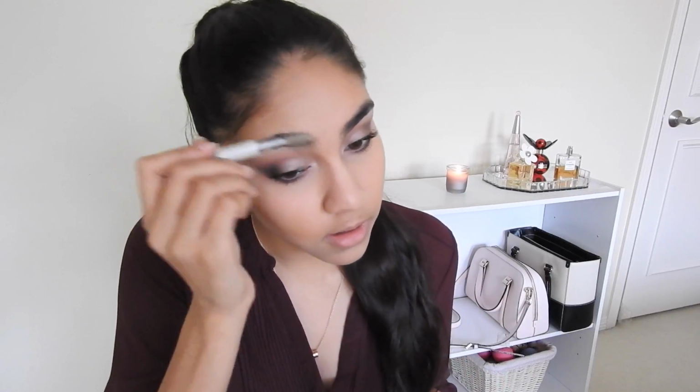Okay, so now my eyes are completely done. I'm just gonna run some clear brow gel through my eyebrows. This is the e.l.f. Clear Eyebrow Gel. So now I'm gonna use a blush. This is the Maybelline Master Highlighting Bronzing Powder in the color Deep Bronze, but I'm gonna use it as a blush. I'm gonna grab this on a Morphe